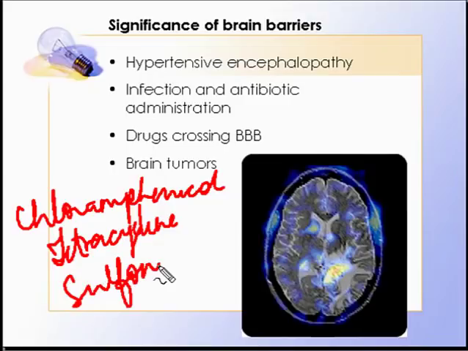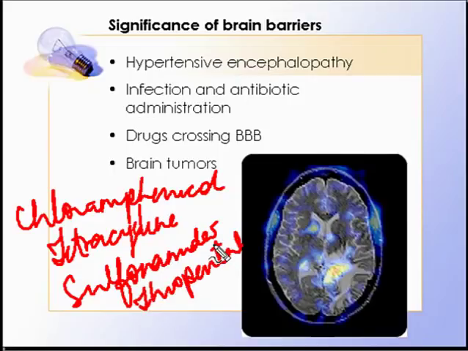They cross the barrier, and so you like to use these drugs. Also certain lipid soluble anesthetic agents like thiopental. This is lipid soluble, so it crosses the barrier, and it rapidly enters the brain after IV administration,